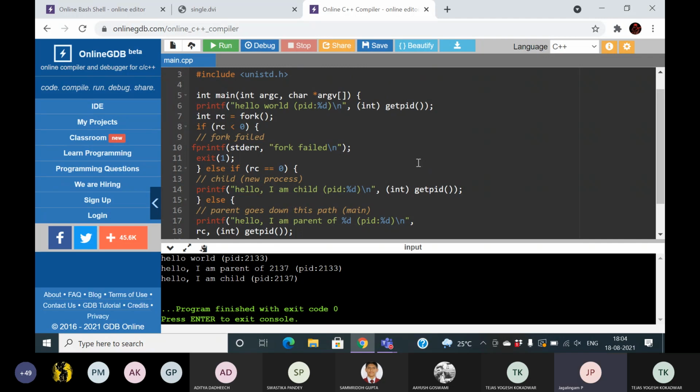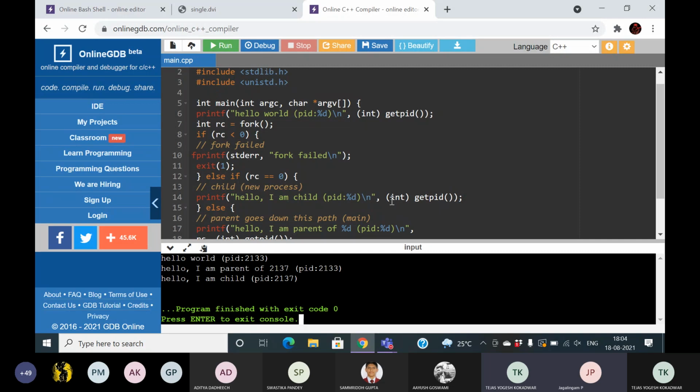Did you make any changes in the code or did you use the same? I didn't make any changes, sir. But on the first execution, I didn't get this "I am child" line. On the second time when I compiled, I got this line.